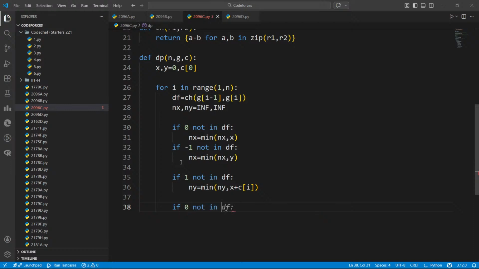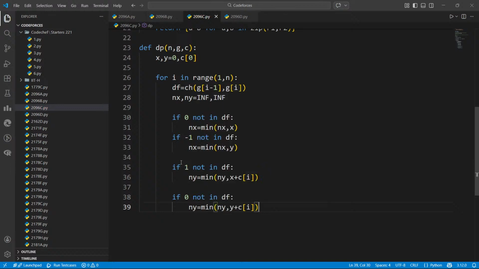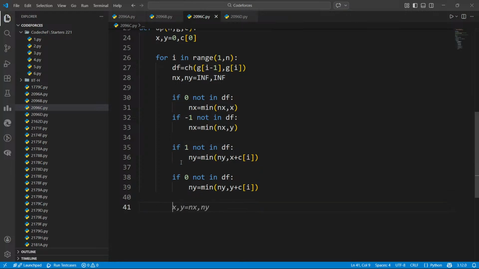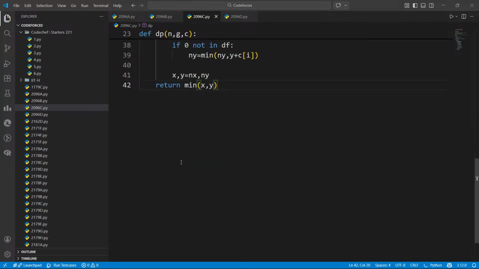If 0 not in 10, df, ny is equal to min of y plus ci, x comma y is equal to nx comma ny, min of x comma y. And I'll now call my last function, the solve function.